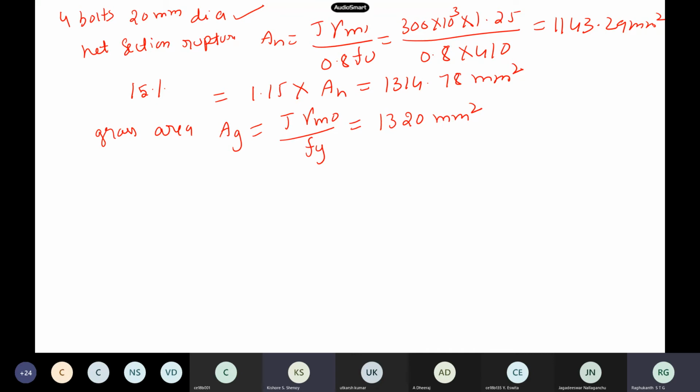Sir, in the last question we took T gamma M1 by 0.9 FU, right? Why did we take 0.8? Oh, sorry, 0.9. No, I think I made a mistake. So 0.9 has to be taken. Maybe in the textbook itself he has made a... No, sorry. I think 0.8 only. I'm extremely sorry. 0.8 only is the one. Why 0.8?